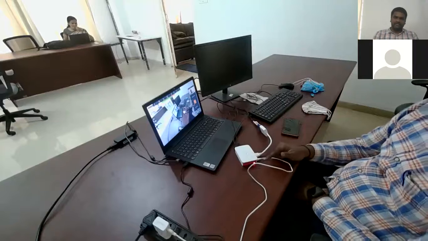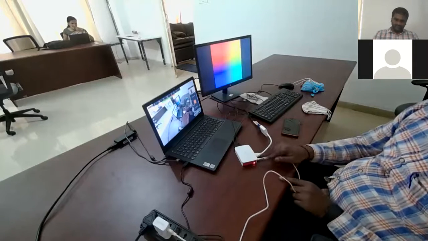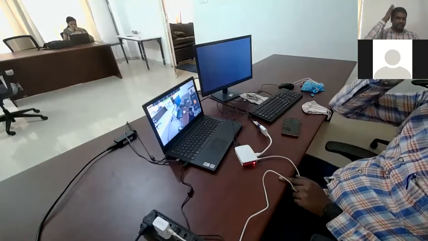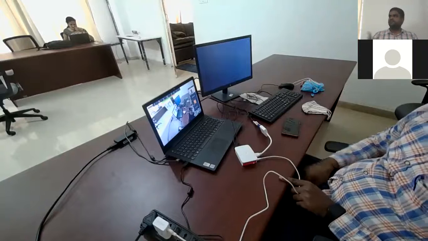So the Raspberry Pi has LED lights. When it blinks green, the OS will start.